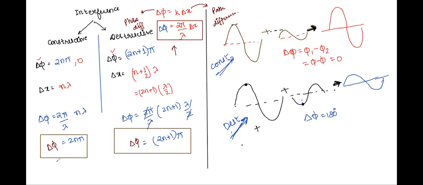I'll also ask every one of you if you're clear or not, but let's see this example. Suppose phase difference is 0. In the second case, phase difference is 180. Can you tell me, Karuna, what will be the cos of the phase difference here? Cos of 0, which is equal to 1.